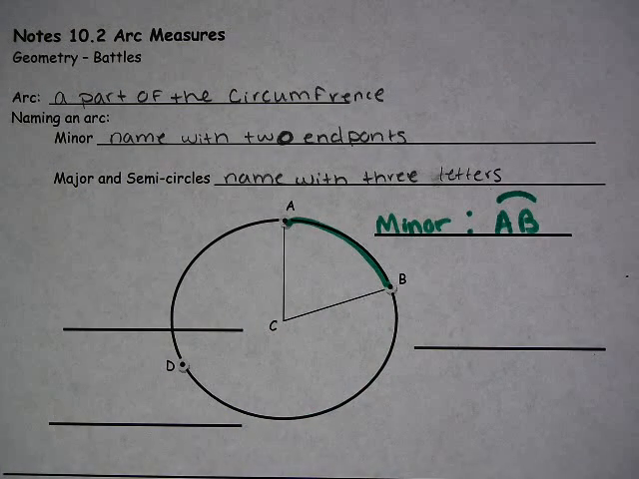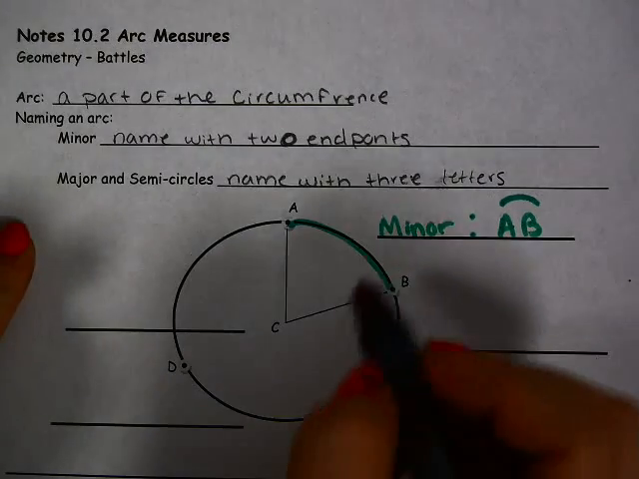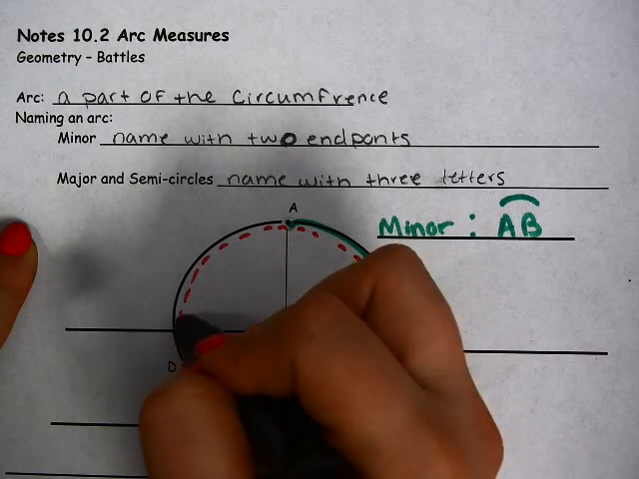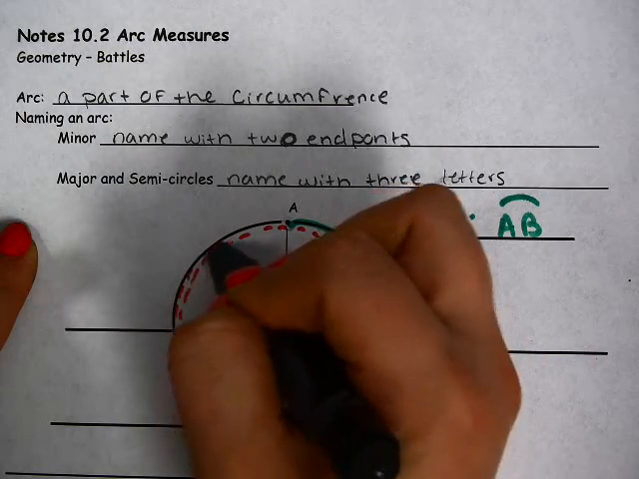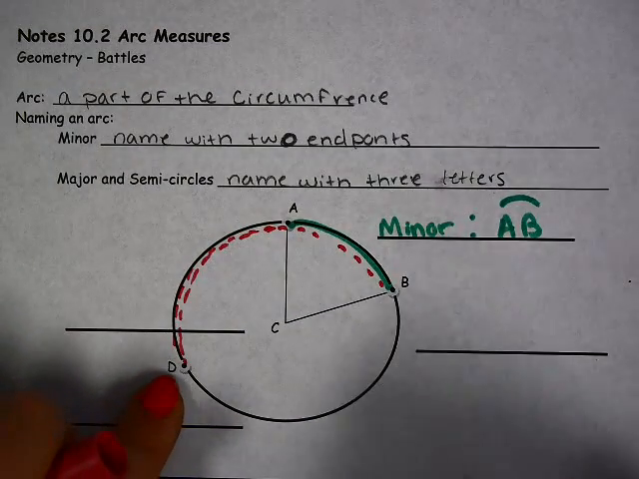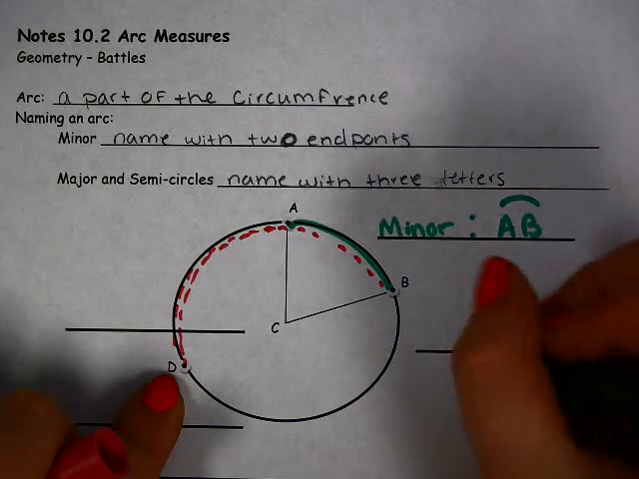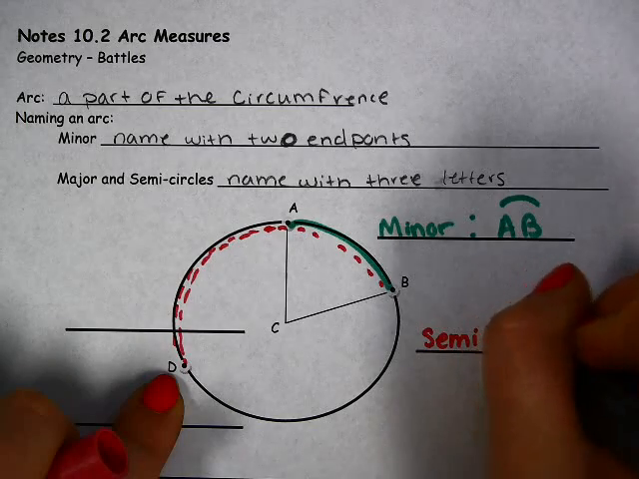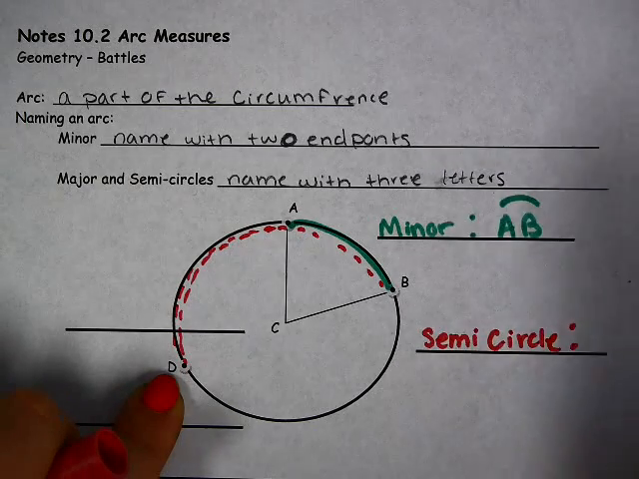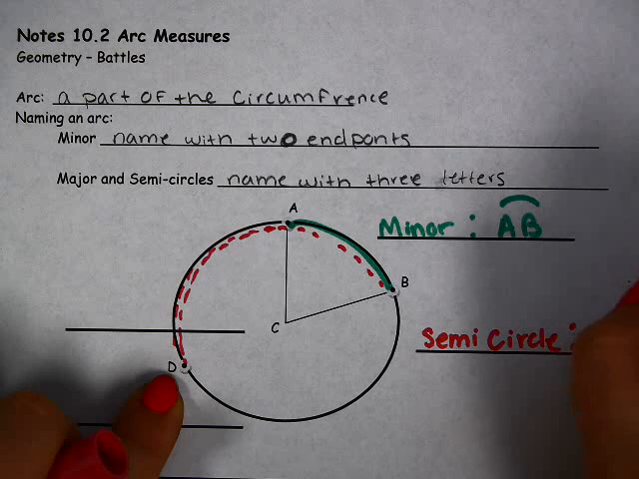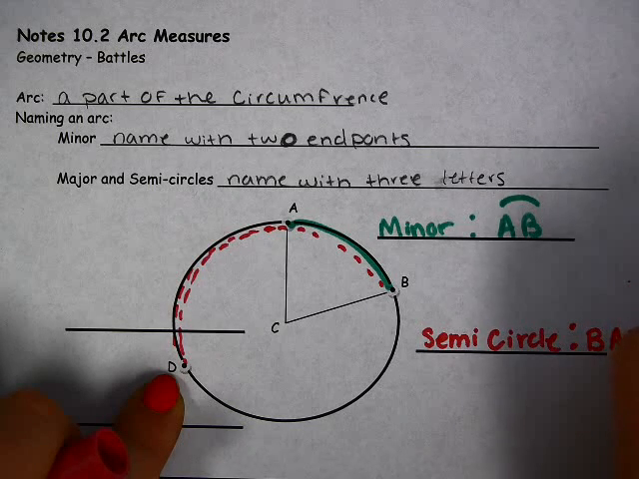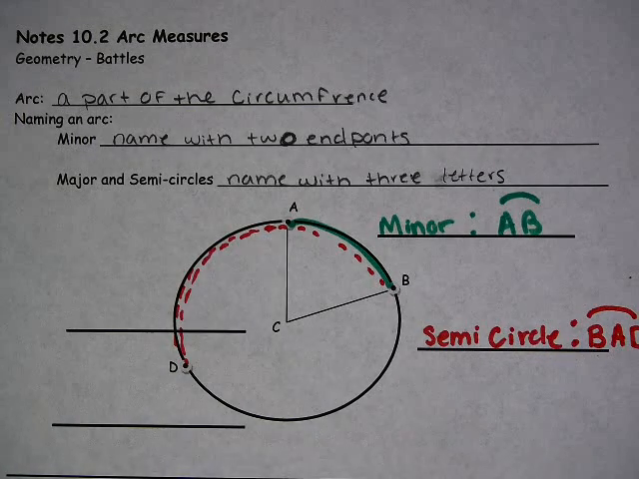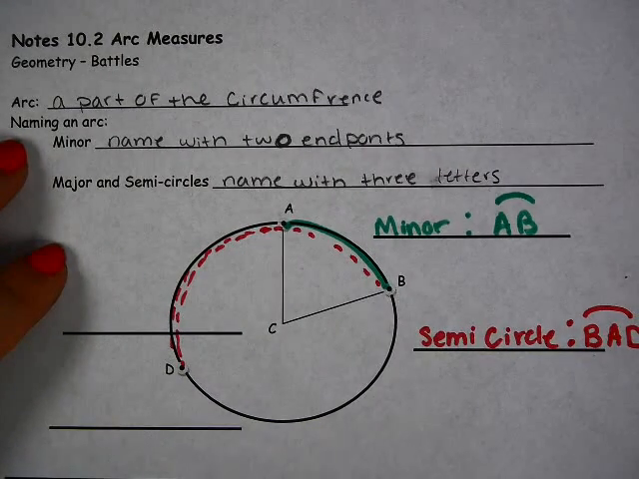Okay, and then the next one here, we're going to call it a semicircle. And you would name that by saying B, A, D. Okay. And for a semicircle,